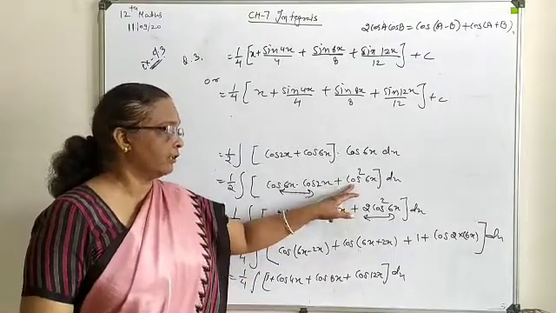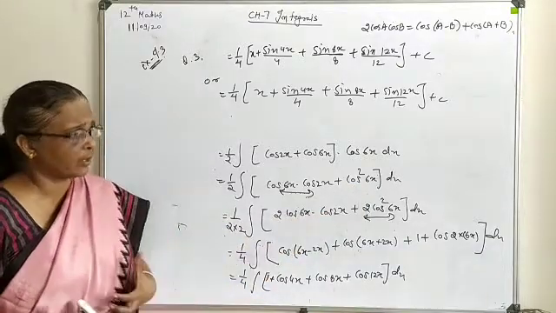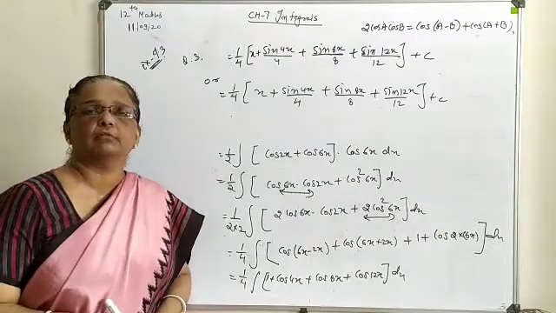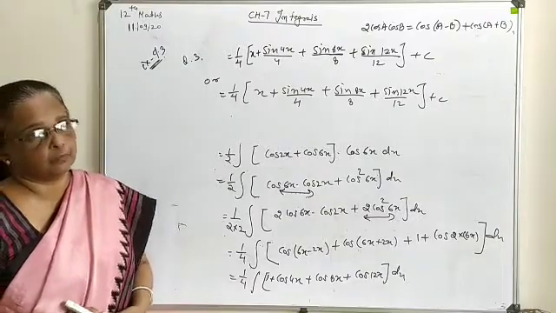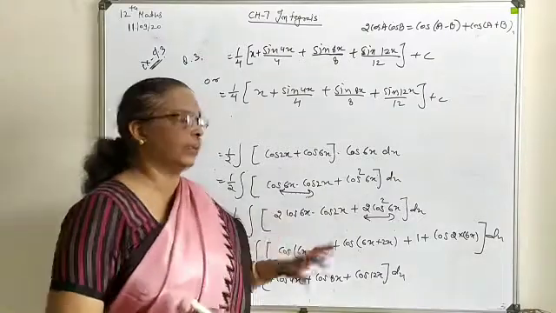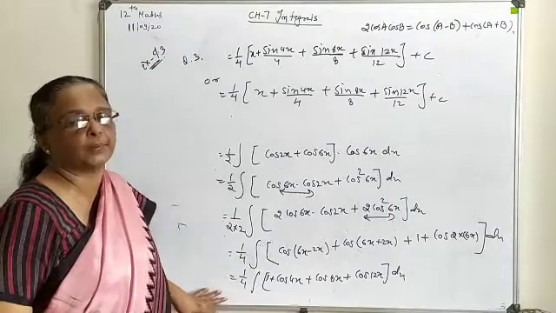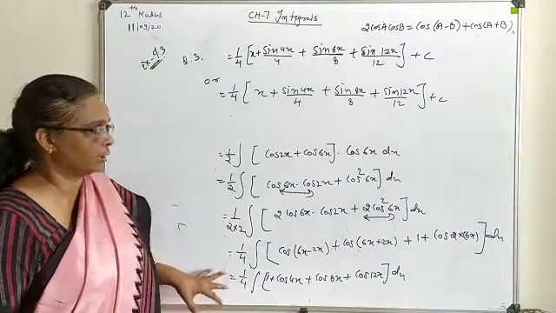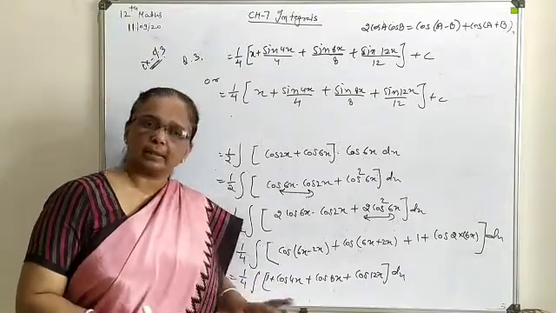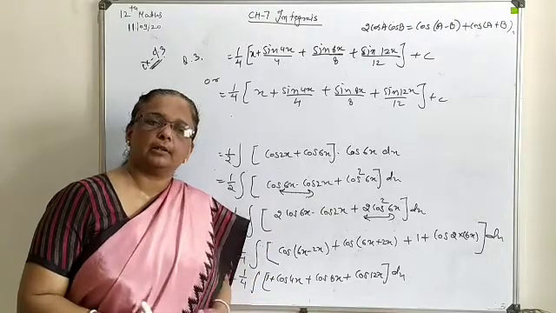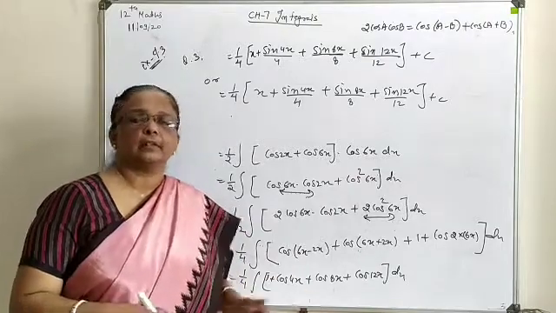Secondly, the reduction form regarding the square. Whenever you have a square form, at that time the cos 2 theta formula will be used. So take care of the formulas and handle them very carefully. Otherwise, if you make any mistake in plus or minus, you will never get the appropriate answer. So don't forget the basic concept. If you are still not clear about your basic concept, first make it clear regarding the formulas you studied last year. Make a list of all the formulas and then attend that type of question.